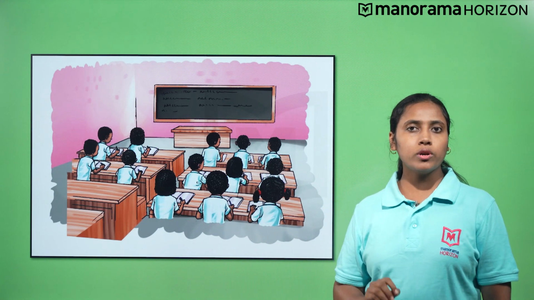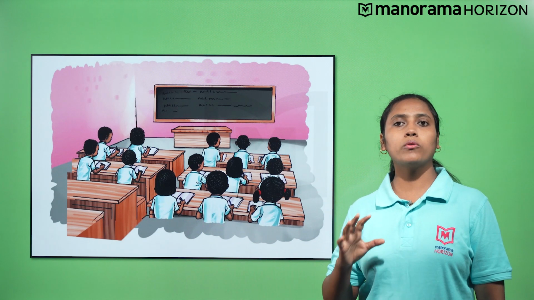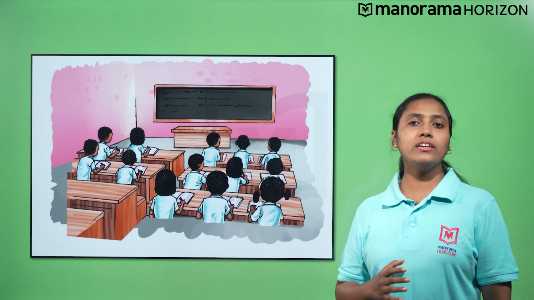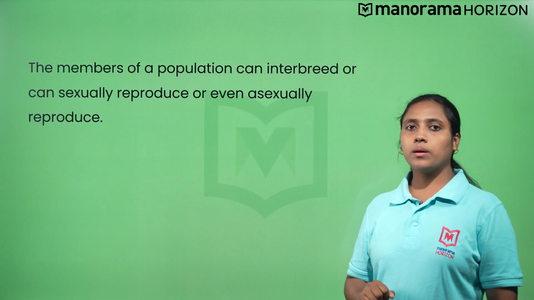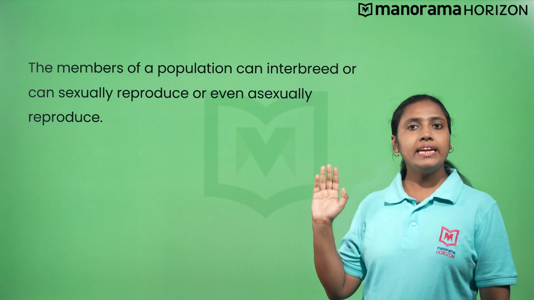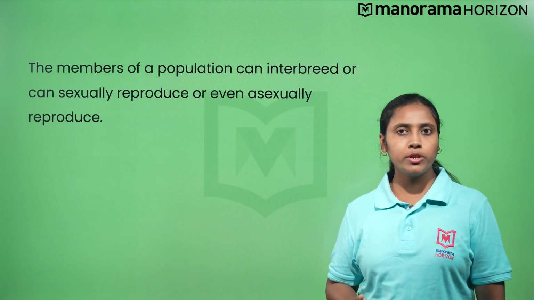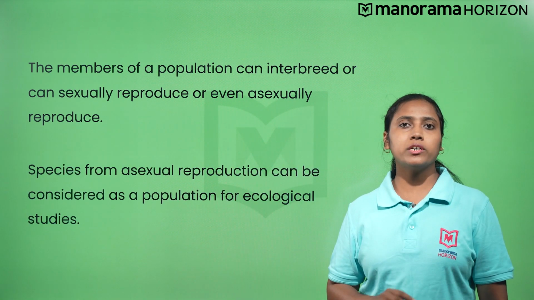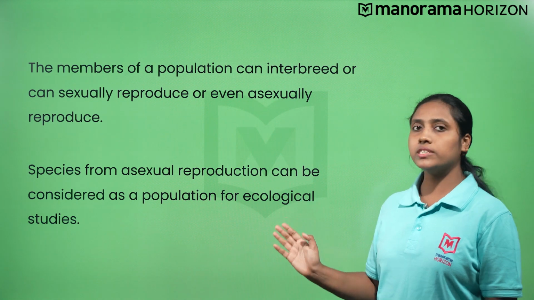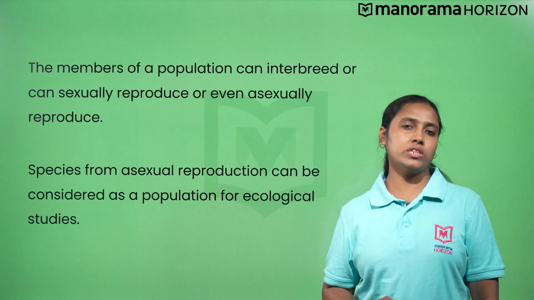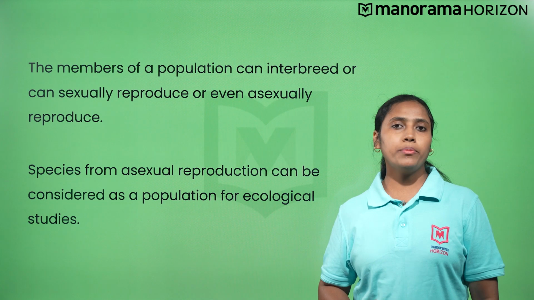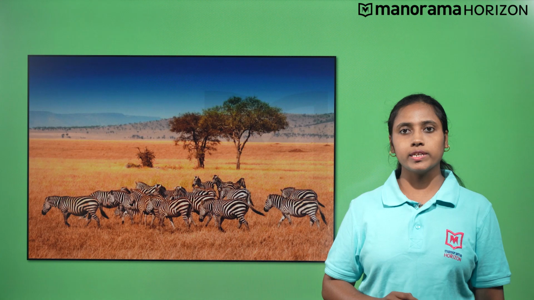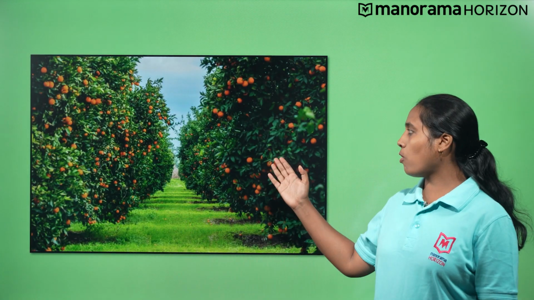To understand more about population, we must know about the attributes of population and also about the growth and growth models. The members of a population can interbreed, or can reproduce sexually or even asexually. Species from asexual reproduction can be considered as a population for ecological studies. The examples of population include the total number of zebras in a forest or the number of orange trees in